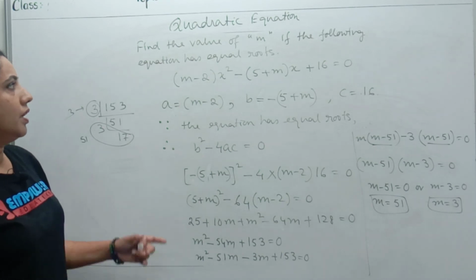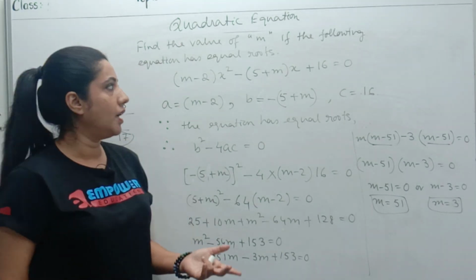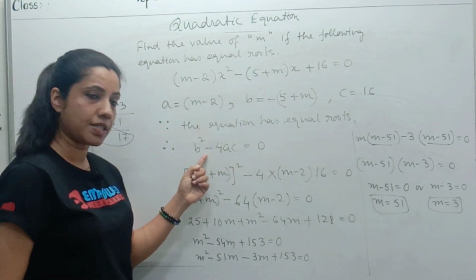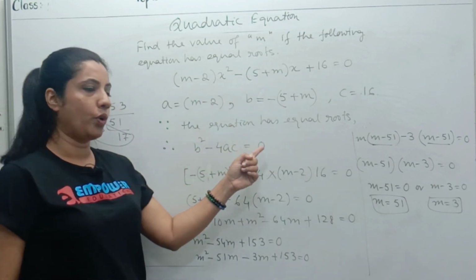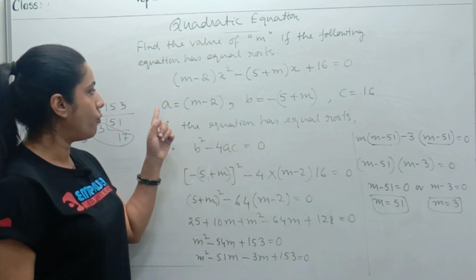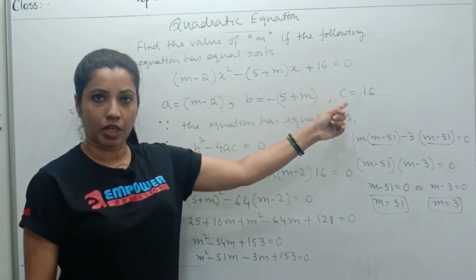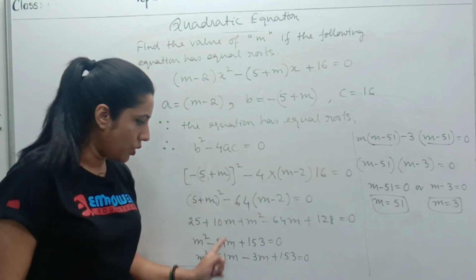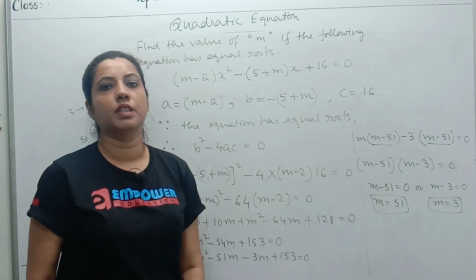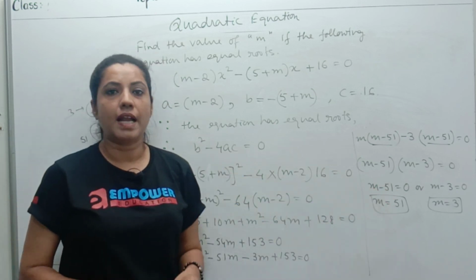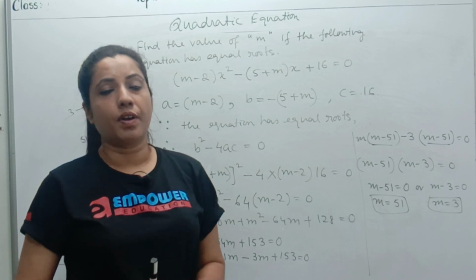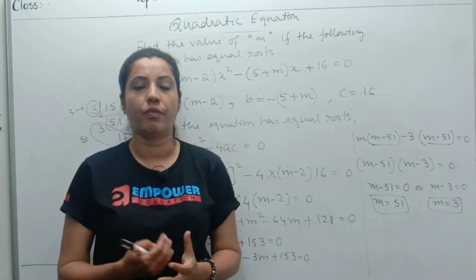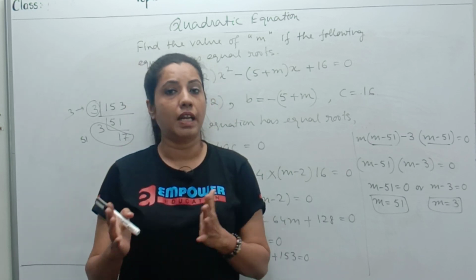So that's all. Again the same concept. If they give you the quadratic equation and they say that it has equal roots, we are going to use this criteria, that is b square minus 4ac equal to 0. The first step is to find out your a, b, c from the given equation, and then put the values of a, b, c here, make it equal to 0, and solve it to get the value of the unknown quantity. So that is it for today. We have completed the nature of the roots, how to find out the nature of the roots. I discussed the three different criteria to find out the nature of the roots.